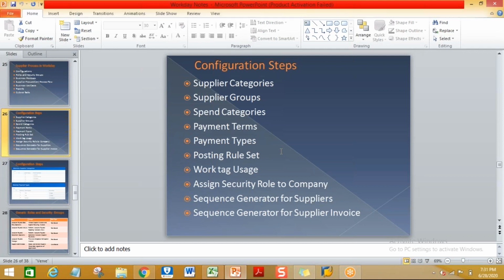So all those suppliers will be identified based on the supplier categories. Let's say I'm dealing with my local suppliers, my foreign suppliers, service suppliers, materials related suppliers, raw material related suppliers. Like that, you have to segregate your suppliers into different categories.